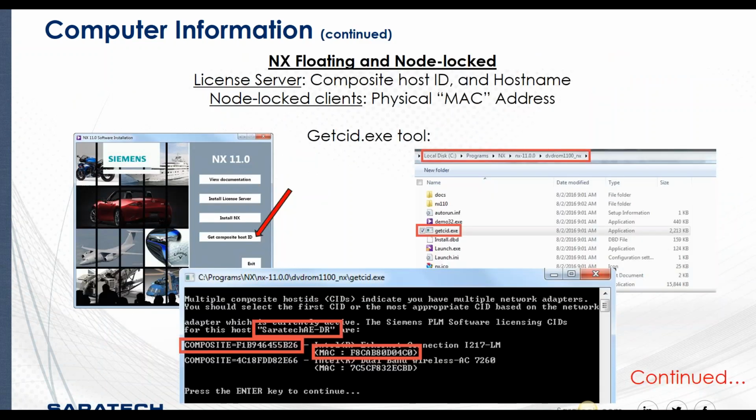So moving along, computer information continued for NX. For NX floating and node locked, you will need a license server's composite host ID and the host name. The composite host ID sounds familiar with the one with Solid Edge, but if you don't have Solid Edge, there's no worries. You have the getCID